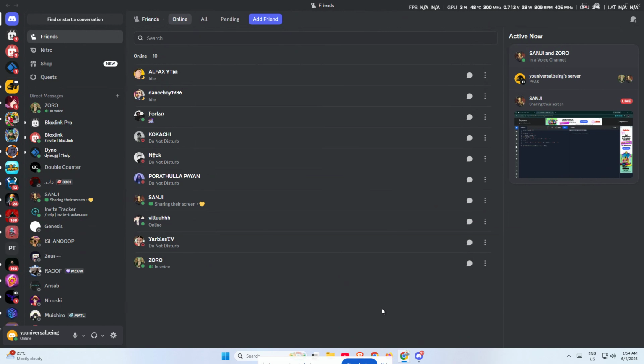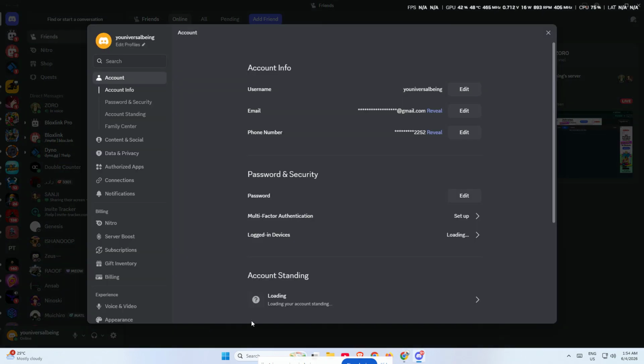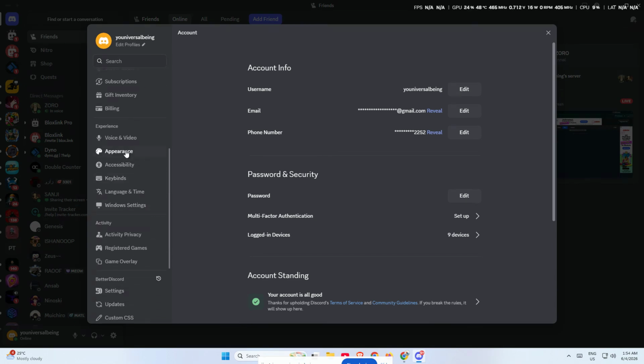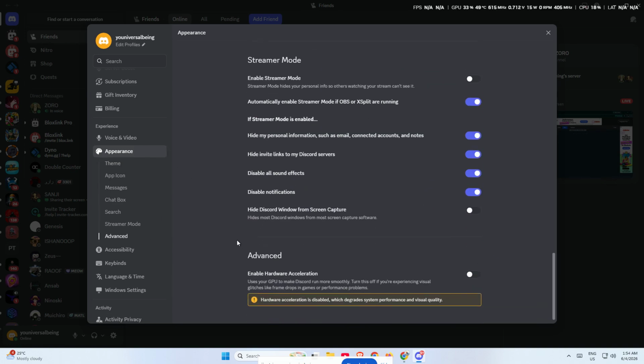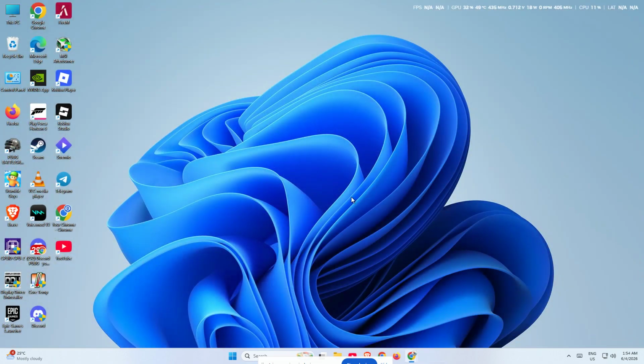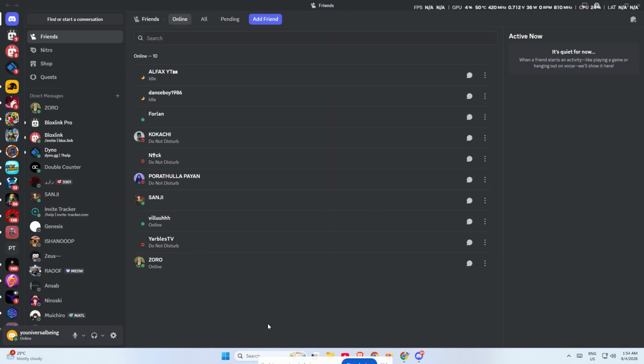First, open Discord and click the gear icon in the bottom left corner to open user settings. Once you're inside settings, scroll down until you find app settings, then click advanced. Here, look for hardware acceleration and toggle it on. Discord will ask you to relaunch the app, so click OK to restart it. Hardware acceleration can help Discord run more smoothly, and often fixes display and capture-related problems, especially if the app is